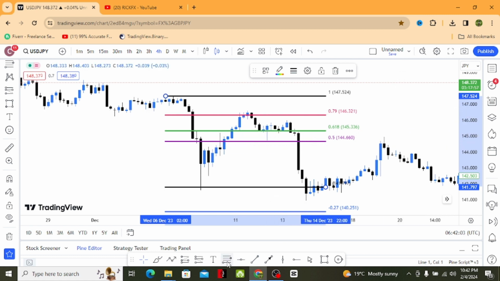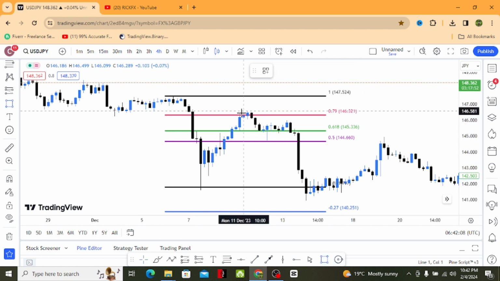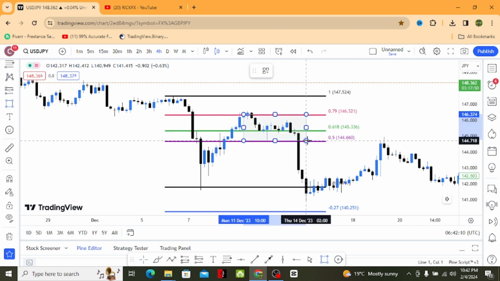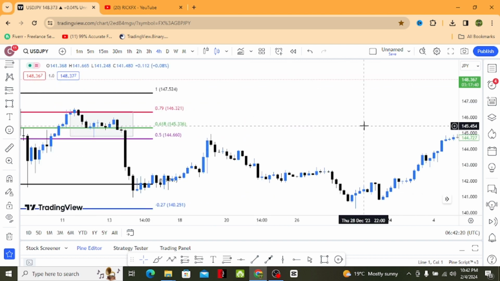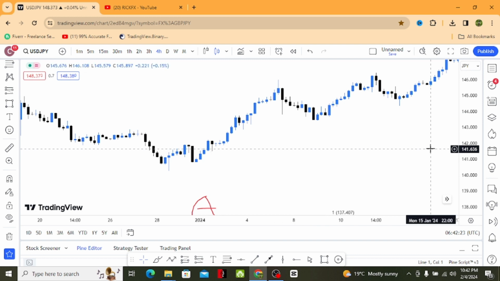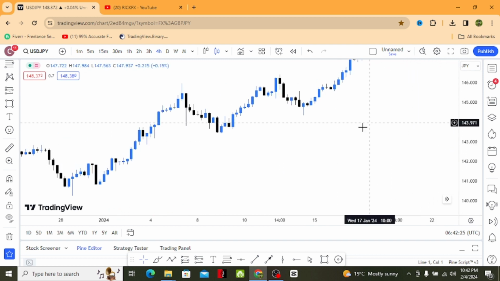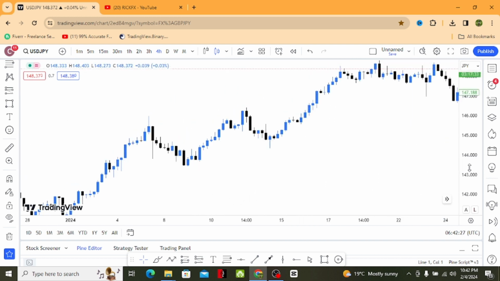So these are the key zones. You see, these are the key zones that you want to look at: 0.5, 0.618 and 0.7. So price got to 0.79 and started going down. Okay, guys, that's it for downtrend. Now for an uptrend, you want to see a series